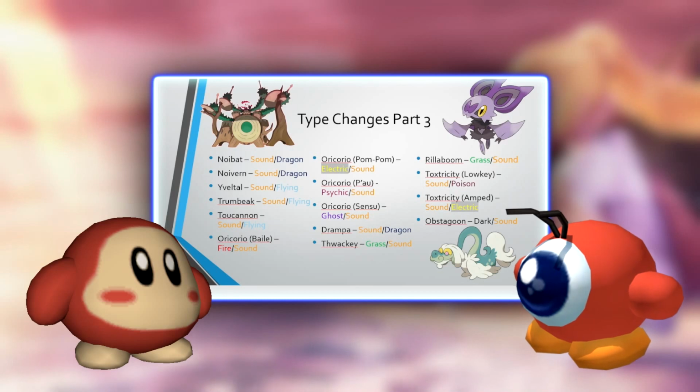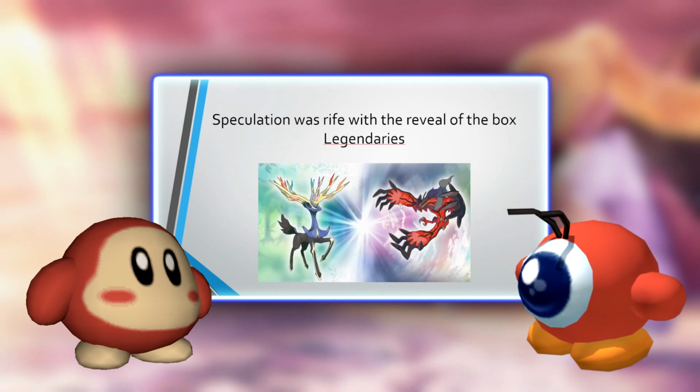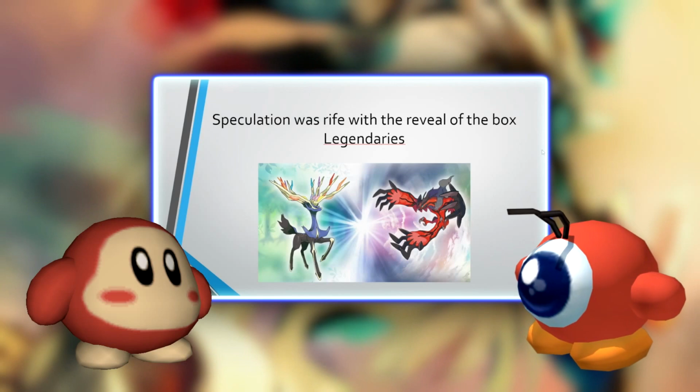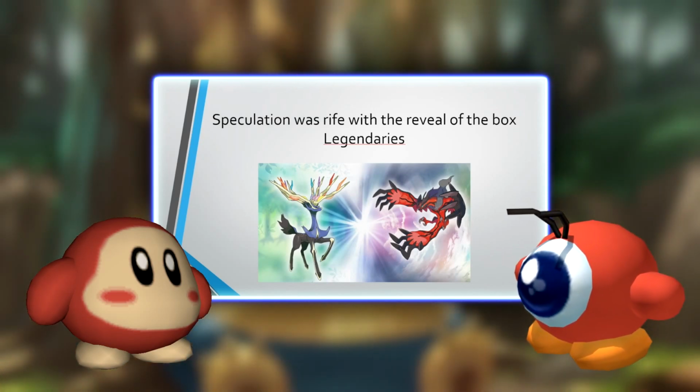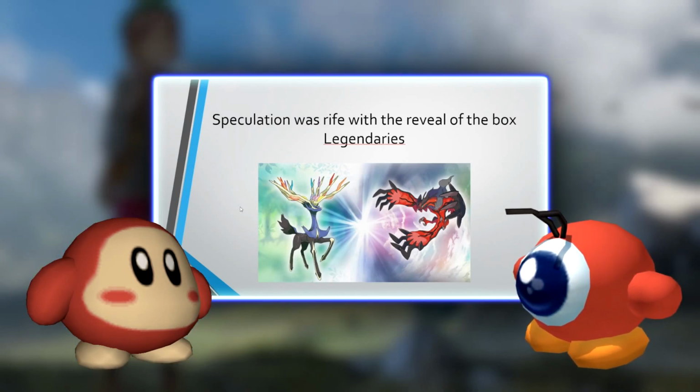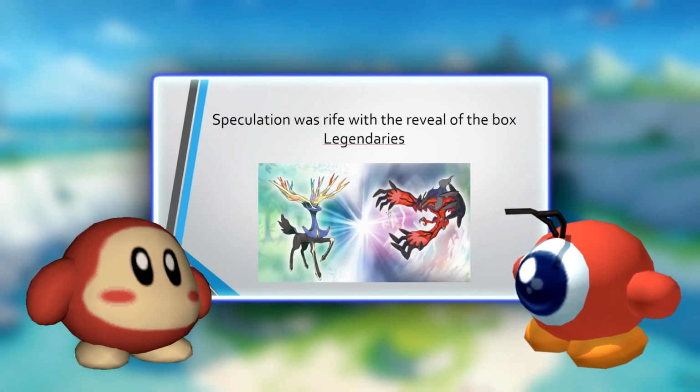The origin of this entire idea is that when I saw the box legendaries get revealed, and I think Sound and Fairy type was announced, I thought it makes sense to announce 2 types at a time like they did with Gen 2. And so I thought Yveltal would be Sound Flying, and then Xerneas would be Fairy. Or Light, people were saying. Light would make sense as well, before they announced Fairy. I mean, Fairy and Light are pretty similar at this point in a way. But yeah, so I thought we'd get